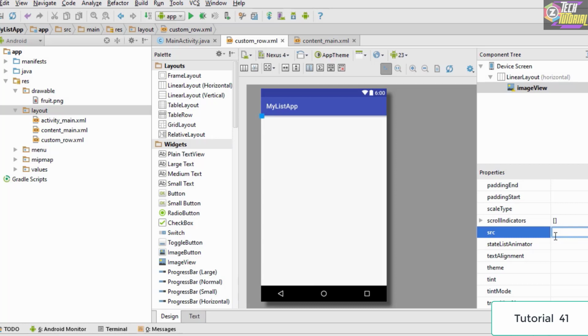So first we have the reference to the drawable folder, so we type @drawable, then we give a slash and the file name is fruit. So once you do that, as you could see, our image appeared right in front of us. So basically we have added an image to our linear layout.